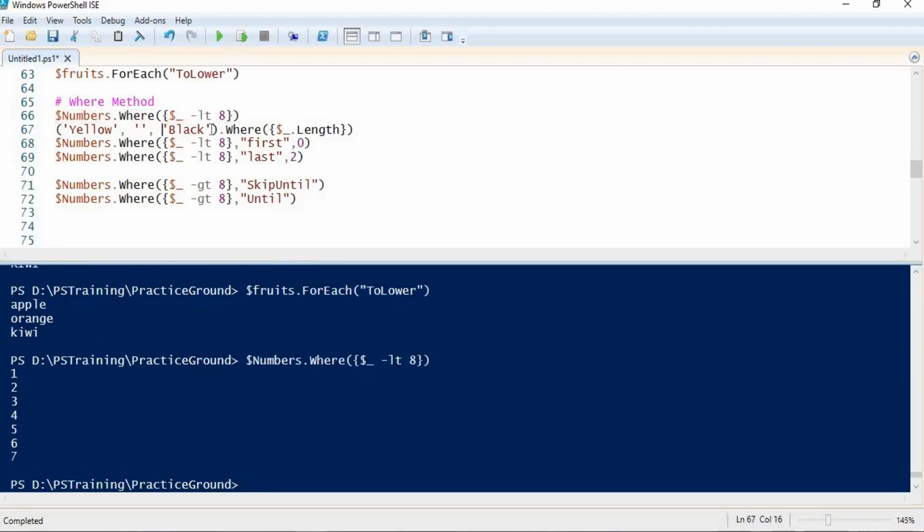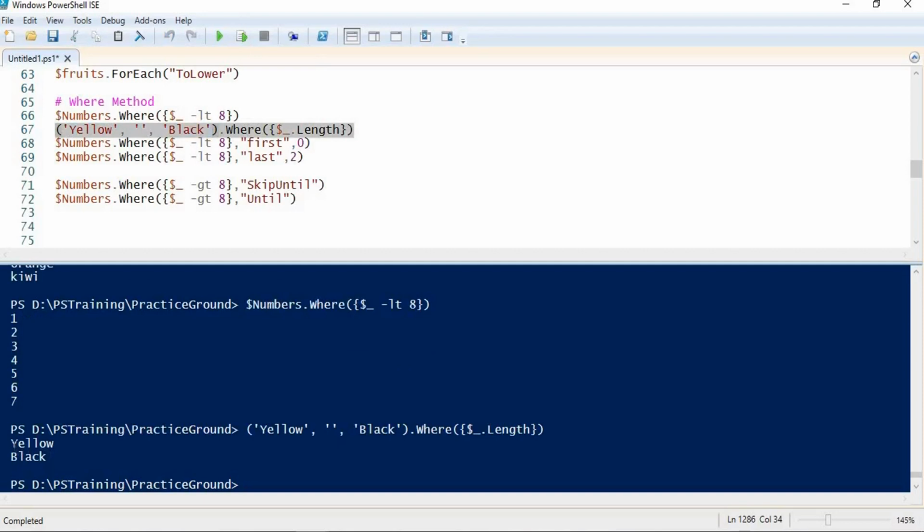Next example: I have created one array with one element as blank, and I'm trying to get the elements of this array. As you can see, I have 3 items in this, but let me see what we get. I'm getting only 2 items, not 3, because the second item is blank. If you remember, I told you we don't get items or elements with null value. We don't get blank items, so please keep this in mind. This is very important.